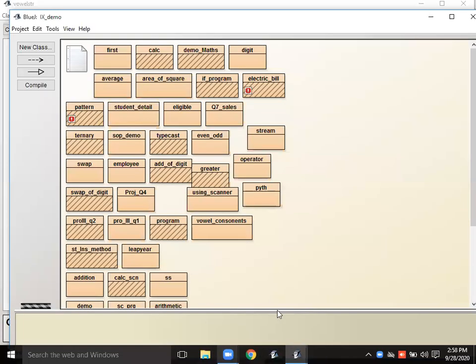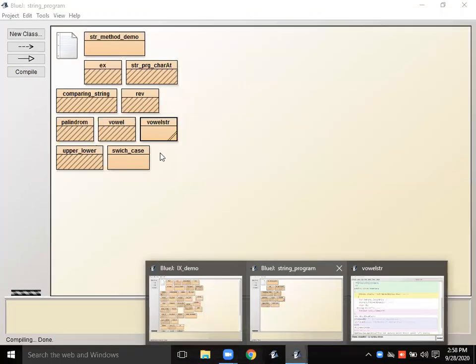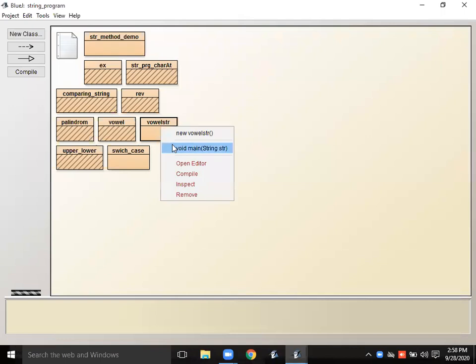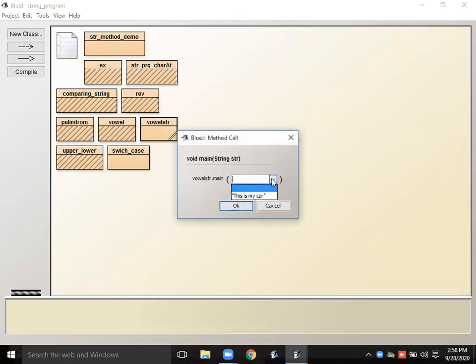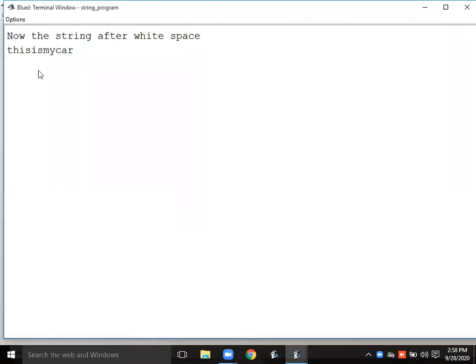Execute. Same string I'm taking: This is my car. See, no space. Okay.